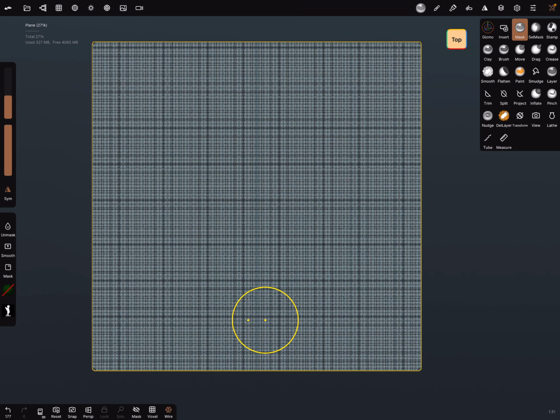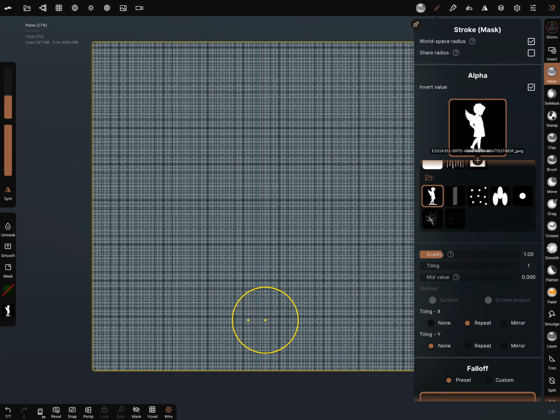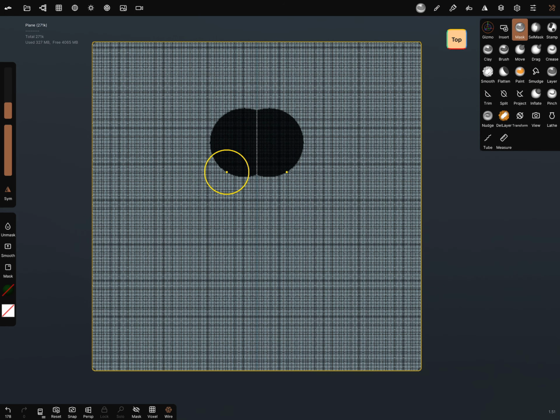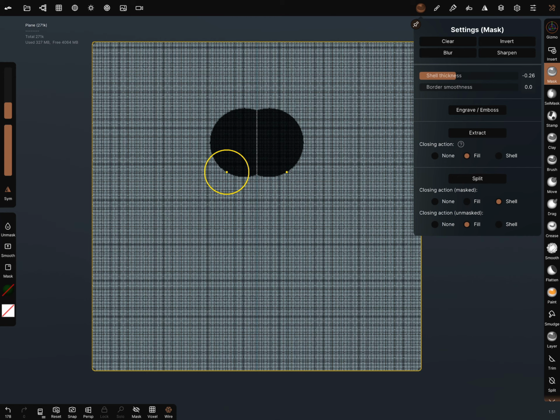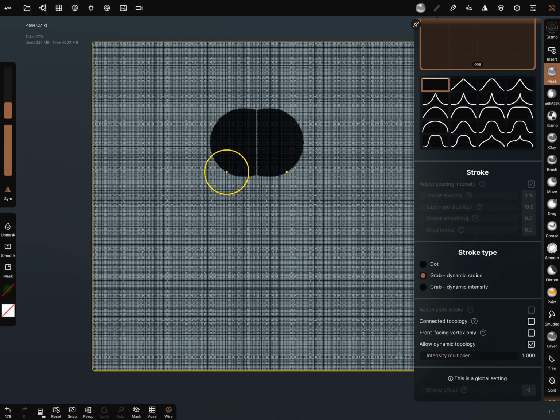For the masking you can use a brush, and for example this is the normal brush. I pick the radius, and then you can make adjustments in the brush stroke settings.